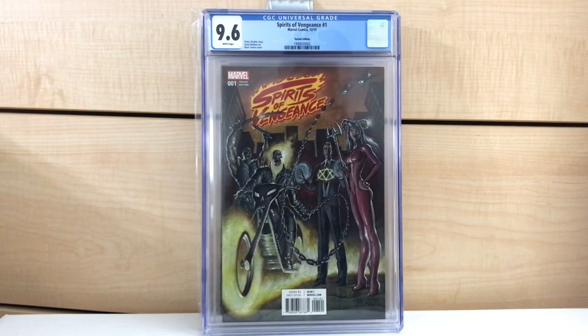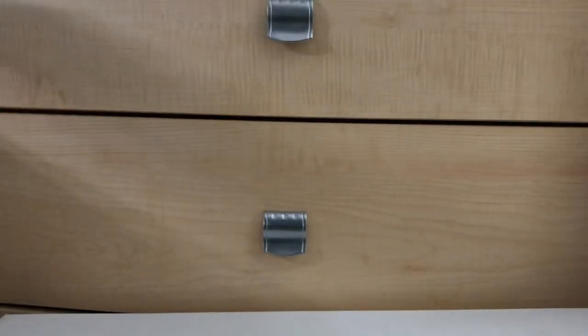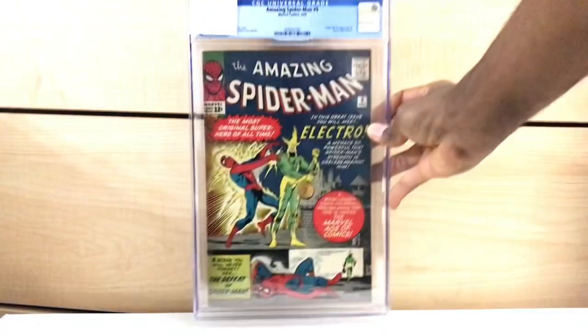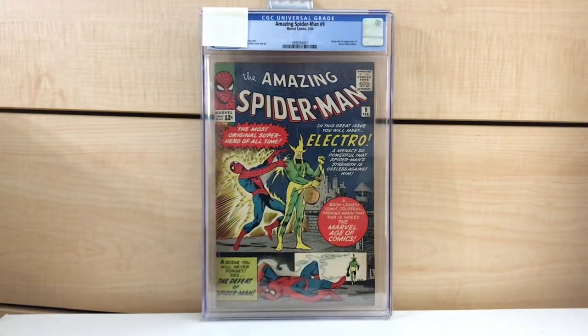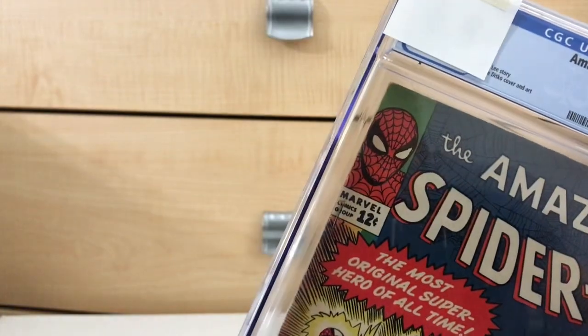So let's get into the stuff that came back very recently, just a few days ago. Let's get into it. What are we starting off with? We're starting off with Amazing Spider-Man number 9, first appearance of Electro. This is a book that I bought a long time ago. I don't even remember what I paid for it. I'm pretty sure you can check the Mercenite archives and see. But yeah, let's get